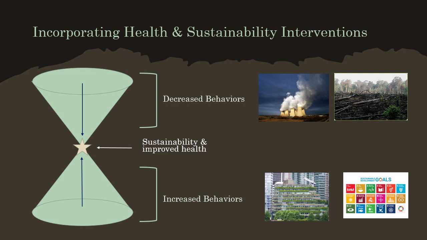When examining my model, it is intended to explain the need to draw down on certain activities that are harmful to planetary health, along with actionable inputs that are needed to ultimately reach a point of sustainability. This is represented by the common vertex meeting between both points of each cone. The downward-facing cone represents behaviors that must be decreased in order to achieve sustainability and improve health, whereas the upward-facing cone is intended to be actions that must continue or be adopted by the masses to eventually reach a more